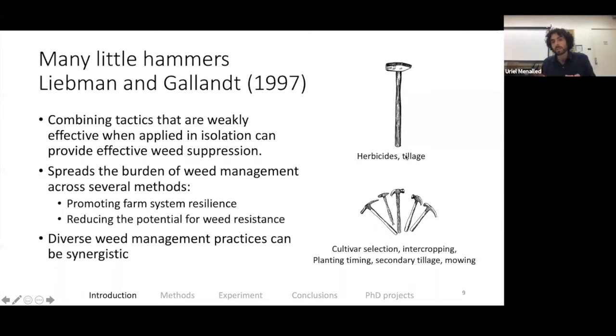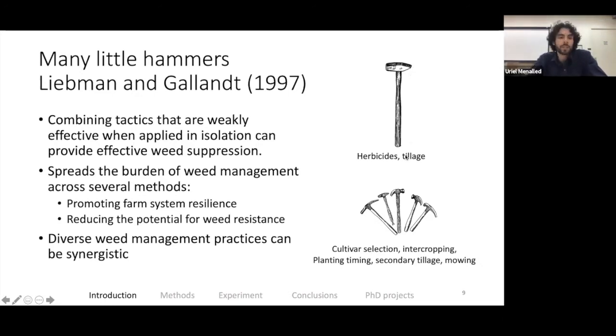Likewise, because each of these management practices is relatively weak in isolation, there is a reduced potential for the development of weed resistance because there is less intense selective pressure on a weed species. Okay, so the many little hammers approach can be more sustainable in the long term. And another